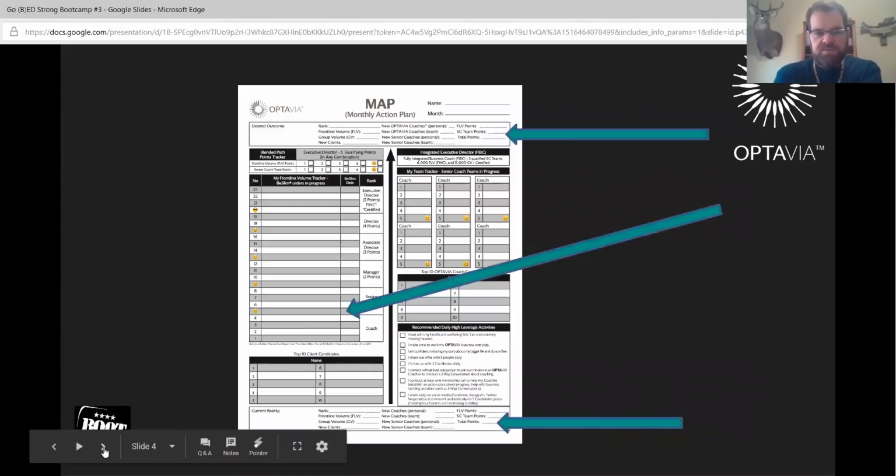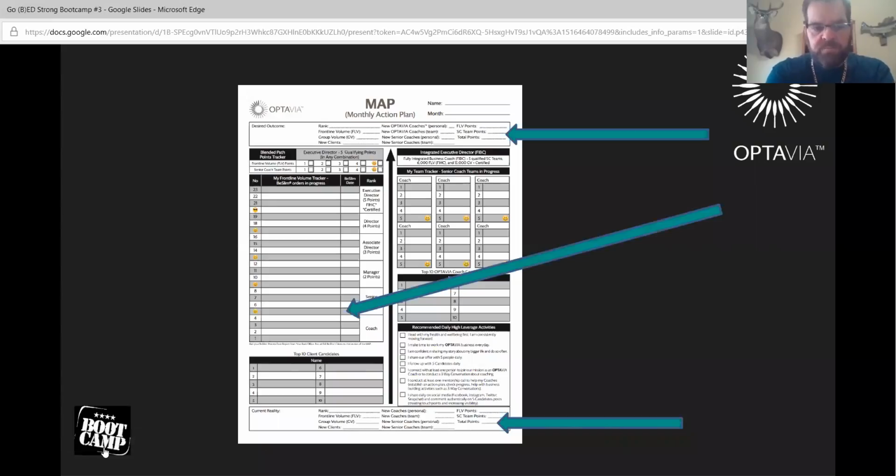The next section is your frontline volume tracker. So if you'll notice at the bottom, we start at the bottom and we work our way up. We're working our way up to coach. You know, you started out as a coach to hit senior coach. So you should be able to fill out those first 5 or 6 lines right there where you hit senior coach. And these are going to be clients, and then it says B-Slim date up there. Of course, that's now the Optavia Premier date. And then you're going to fill that out, and that way you'll know next month when that's going to reoccur.